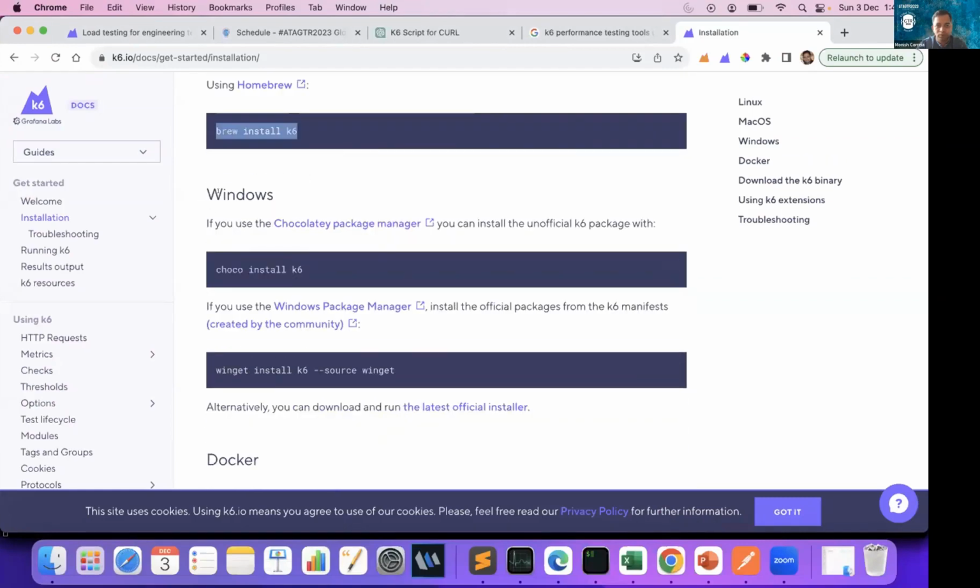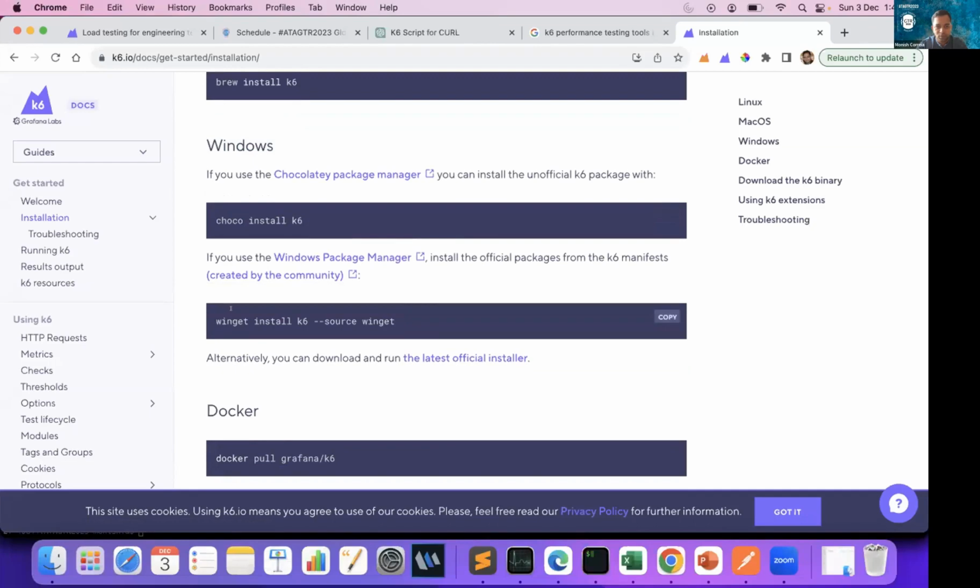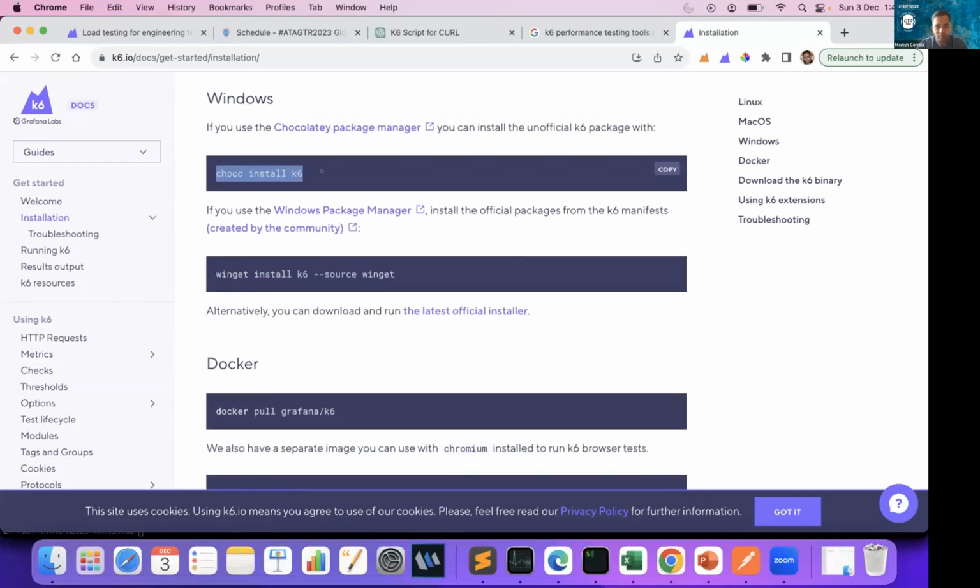So if you want to install on Windows, they have mentioned it here as well. You can use the Windows Chocolatey package manager. The command for it is choco install k6. Otherwise, you can use the winget command. And if these two are not available for you, alternatively you can download and run